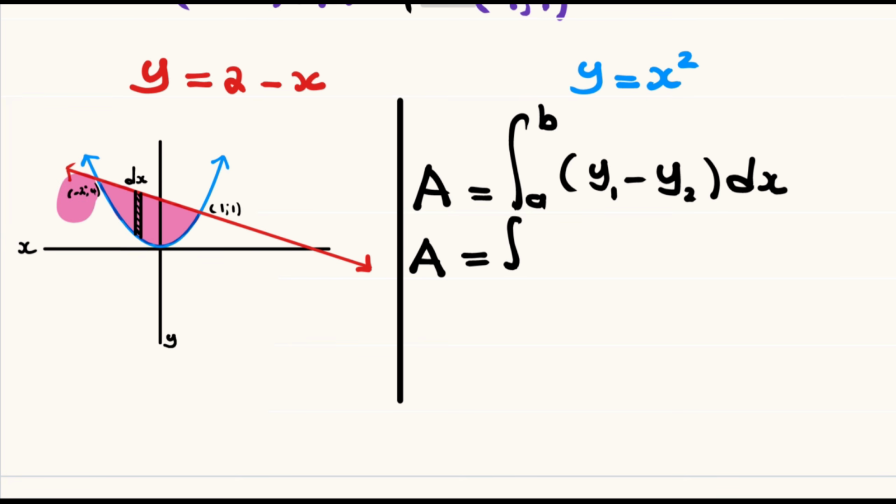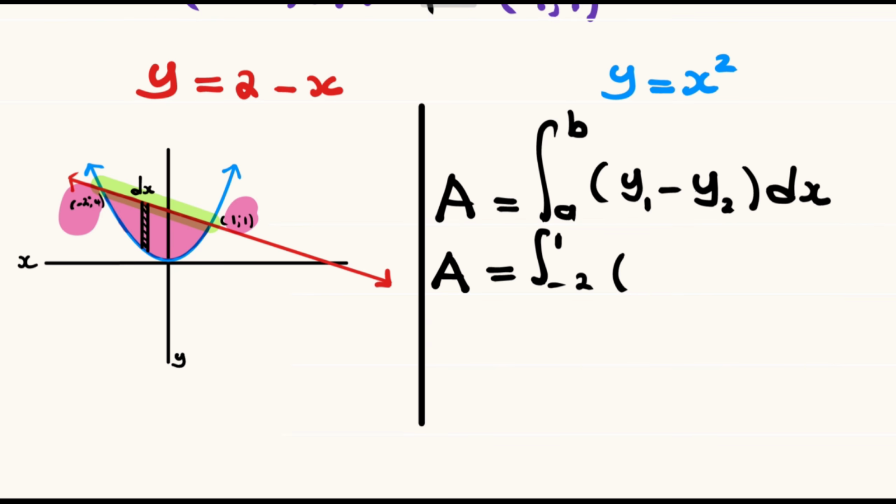It starts at that point of intersection where x is equal negative 2, and B is where it ends at that point where x is equal 1. We always start with the function which is at the top, and on our area, the function which is at the top is the linear function. So we start with the 2 minus x, and it will be followed by the function which is at the bottom, the x squared